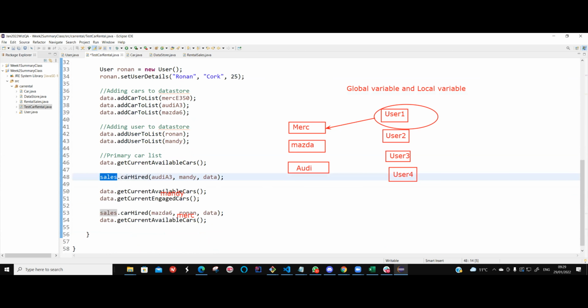Sales dot car hired Audi A3. Audi A3 is what? An instance of the car. And Mandy is the instance of the user. So you're saying this Mandy instance is getting added to the user of Audi A3. Again, in plain and simple English, Mandy, the user